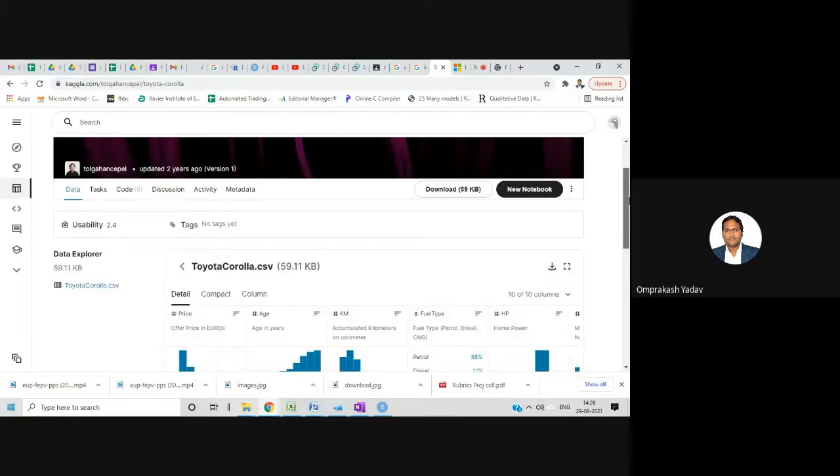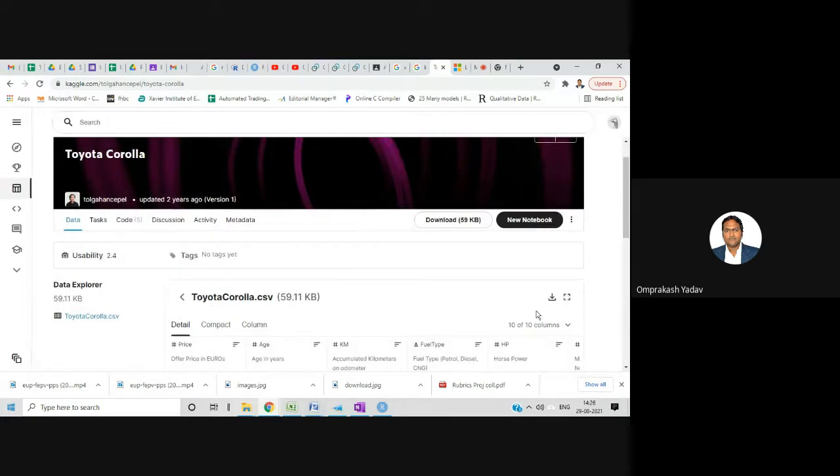From here you can just download, and then you can take that Excel file and open it. If the data set is proper and everything is nice, then you can work with that data set. Otherwise, some adjustment is needed, like pre-processing is required. Then you can pre-process the entire data set, make it clean and usable for your particular project, and then go ahead with it. If you are not getting your data set anywhere, then you will have to create your own data set and use it in your project.